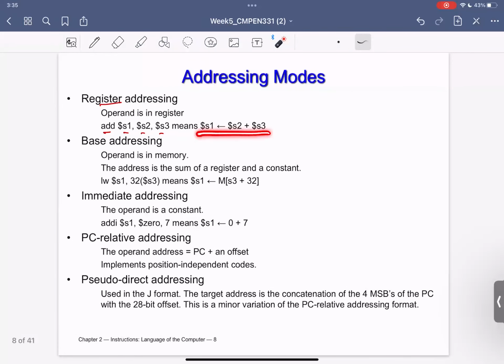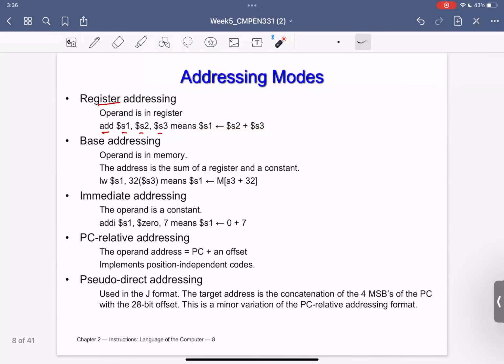And this way of addition, for instance, is called register addressing because the address is already written in the register, correct? I'm just telling you what to add by telling you the address of the slot. Instead of telling you, please add 200 plus 100, I'm telling you, please go to slot number 7 in your register.